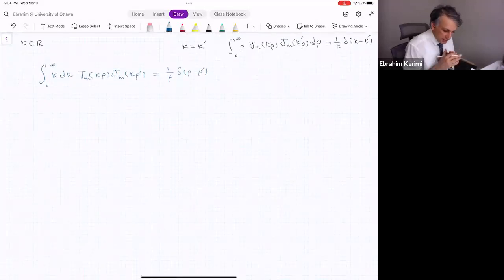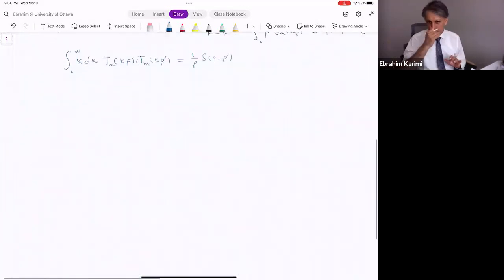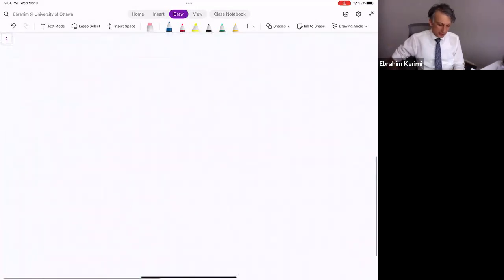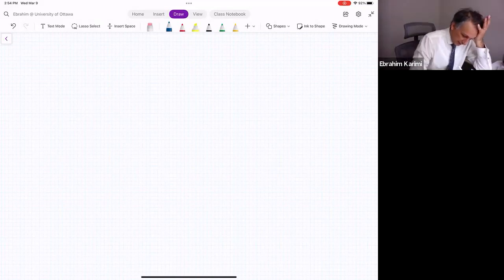So, welcome to lecture number, I think, number 8, right? Previously we had a bit of questions regarding the orthogonality of Bessel functions and the completeness relationship, which goes back to 2 lectures ago. Now we are following the spherical harmonics expansions. What we understand is that if you solve the Laplacian in spherical coordinates,